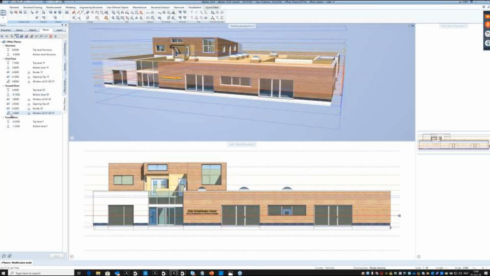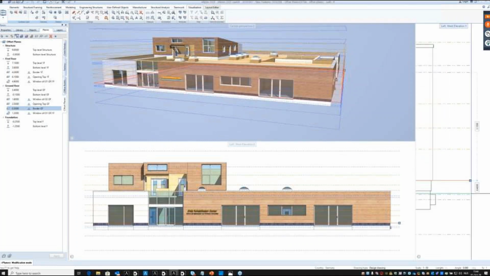So you have the standard planes in blue, and the yellow ones are offset planes. What does it mean, offset planes? It means that you have a plane at a certain distance parallel to a standard plane. So for instance, if you want to control the window sill, you can make an offset plane. You can have 90 centimeters, and then the window starts. And then if the architect changes his mind, you just have to change this offset plane in only one area, and